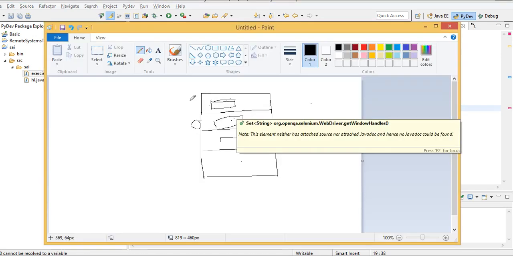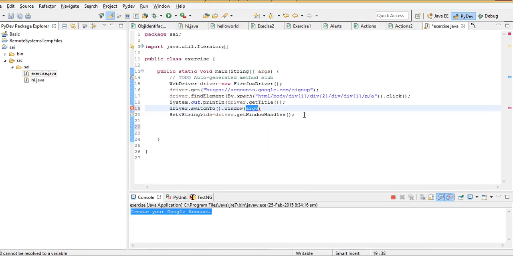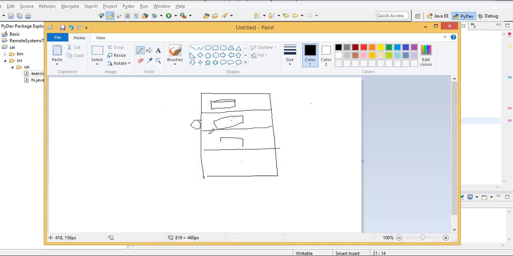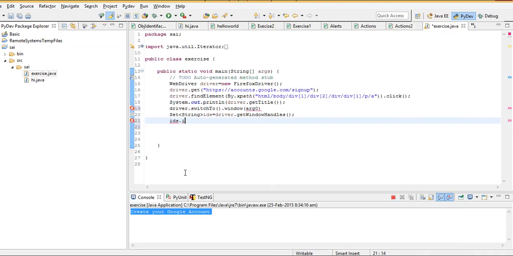So how can I traverse to this place in the set? For that there is a method called iterator. So IDs, this is our set name, right? IDs dot, you will get something like iterator. Basically with that you can iterate over the items in the set. You can iterate over multiple rows in the set data structure with the help of iterator. So iterator is a Java method. So let's see how we can do that.